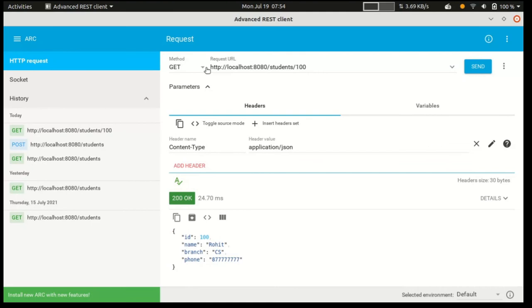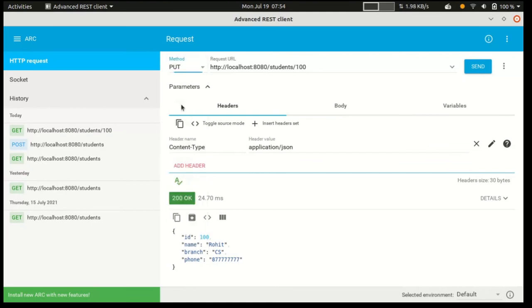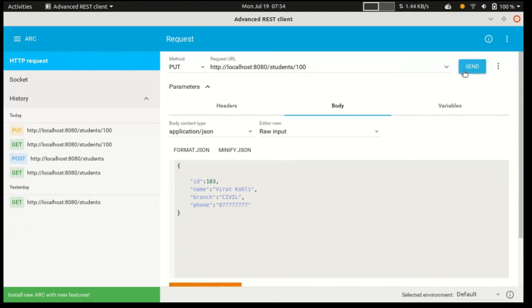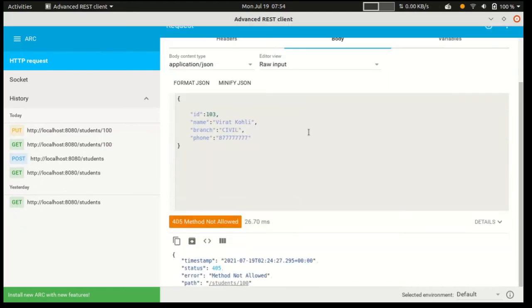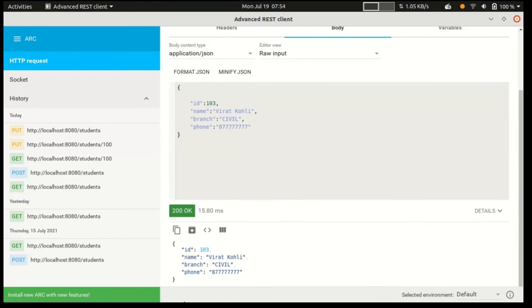And I want to edit, so I can send a put request, go to body, and for 103 I want to update one value, and send. So we're getting method is not allowed. Actually we don't have to pass this, and send. Now it is updated.